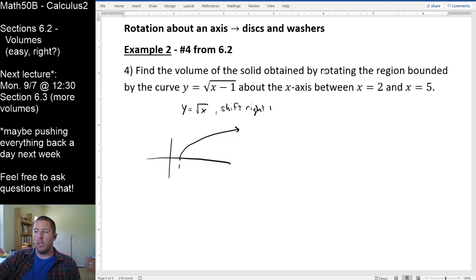So they're very importantly telling us that we are going to rotate this region that's bounded by this curve about the x-axis. So one important little part for my diagram right here is I'm going to do this. And there's my little rotation arrow. That's my arrow suggesting rotate this axis. I'm going to spin this axis. And what I'm going to do is I'm going to end up getting,